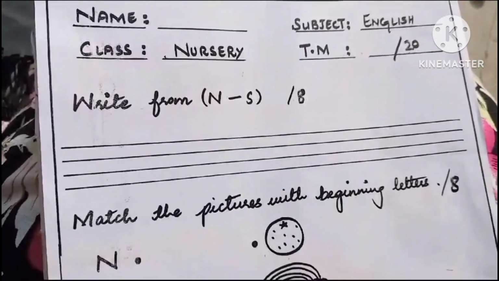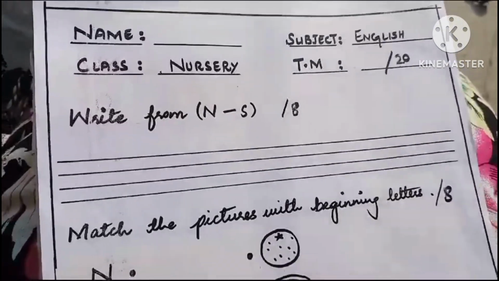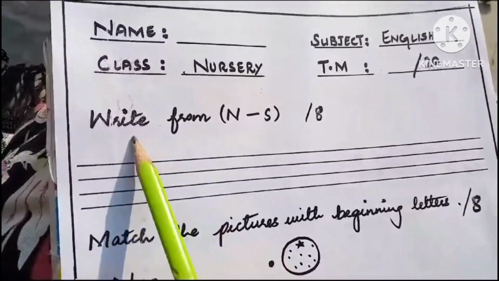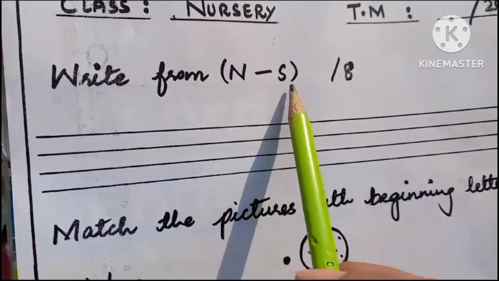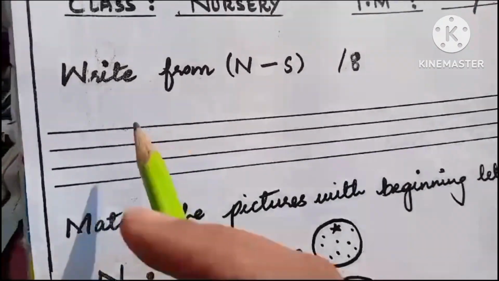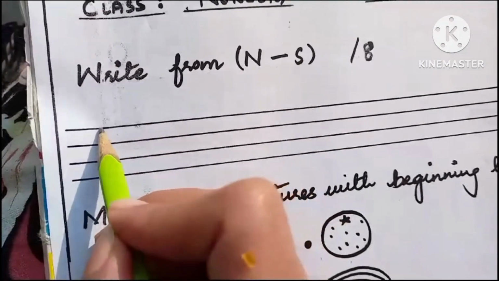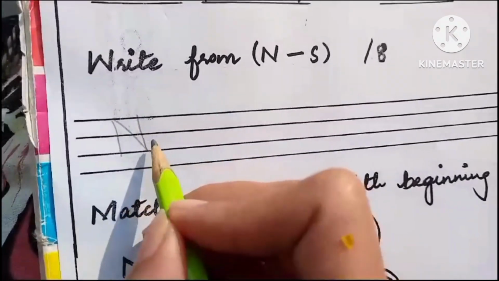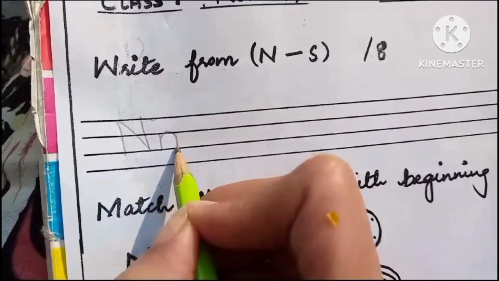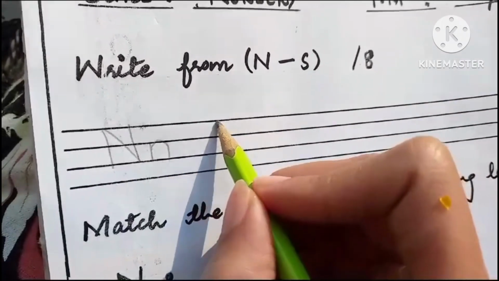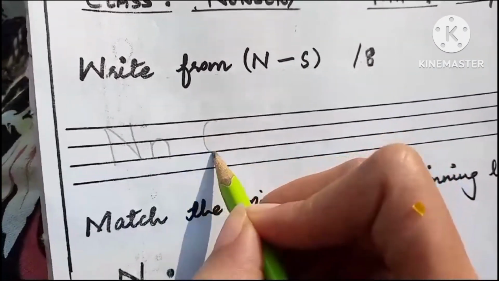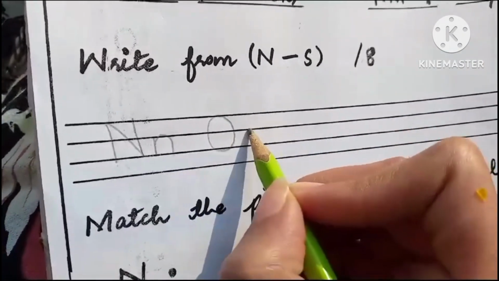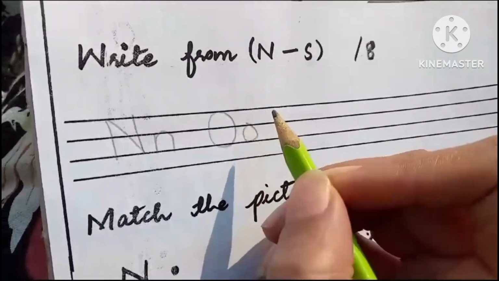Today we are going to do this worksheet. Write from N to S. Okay, this is capital N, small n, O, capital O, small o,